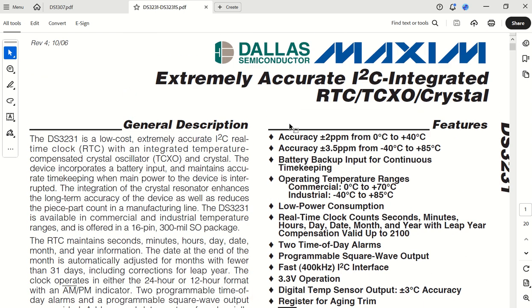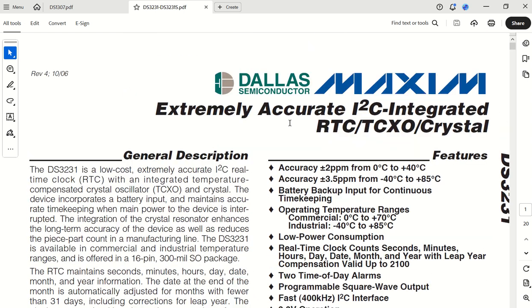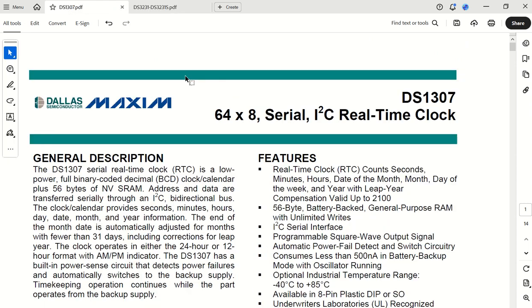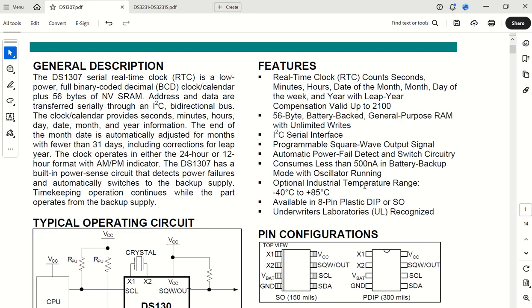This is the other one, but you'll see in a lot of cases the operation of these two will be exactly the same. If I can first of all go to the 1307, that's the one I will be further using in my explanations and making use of, I'm going to make use of the Atmega 328P to discuss how it's programmed and so forth.